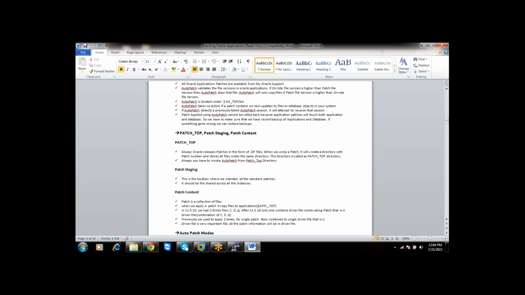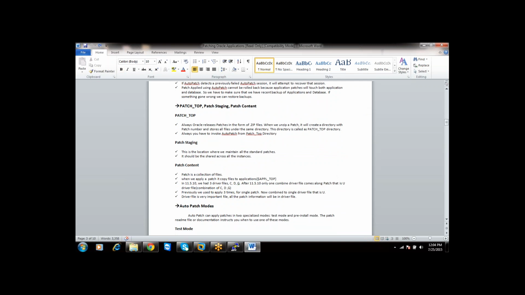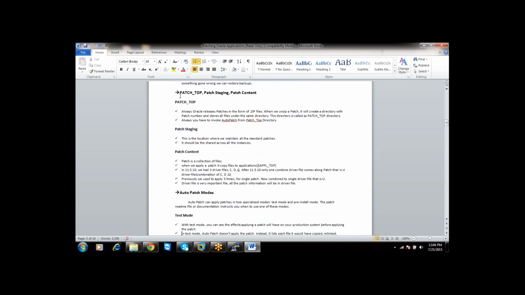Next, patch top, patch staging, and patch content. Patch top is where we put the patches once we download them from Oracle applications. I will show you what patch top is while demonstrating practically. Patch staging is nothing but